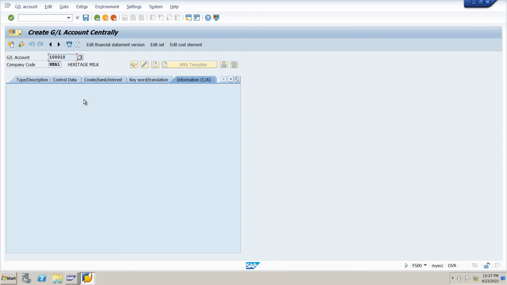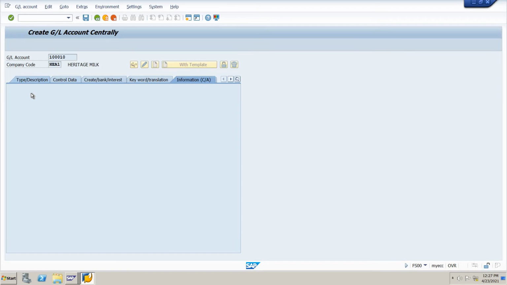So at the central level there are 6 tabs, and at the chart of accounts level we have type/description, keyword translation, and information chart of accounts. These 3 tabs belong to the chart of accounts.